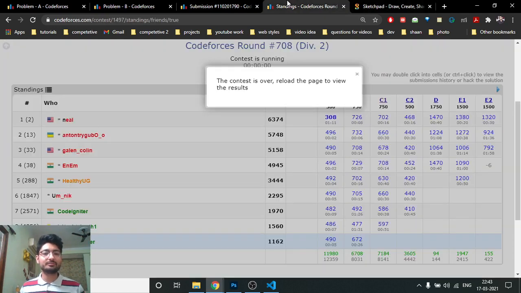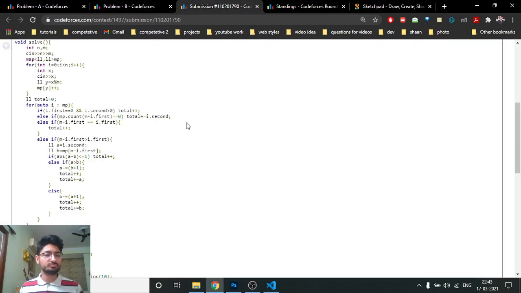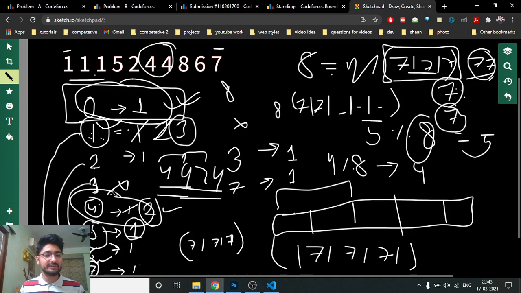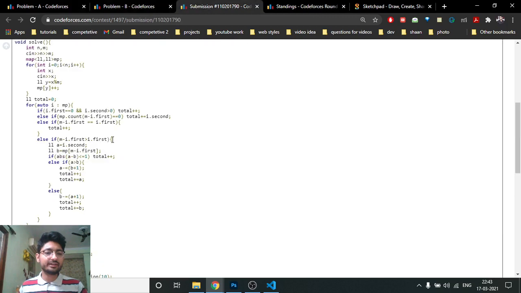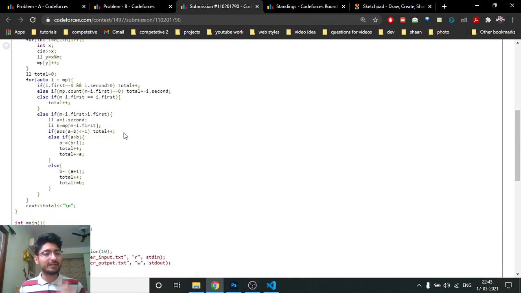So if you cannot form an array for that, you just have to continue. If there is no array format for that, all the numbers which are not present should be added accordingly, which means that if for this 5 there is no array present, you just have to add the total numbers into a different array only. So we are adding into a different array only. And for the next part, there are two cases.